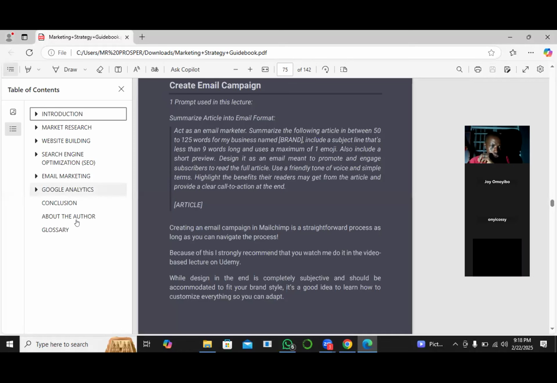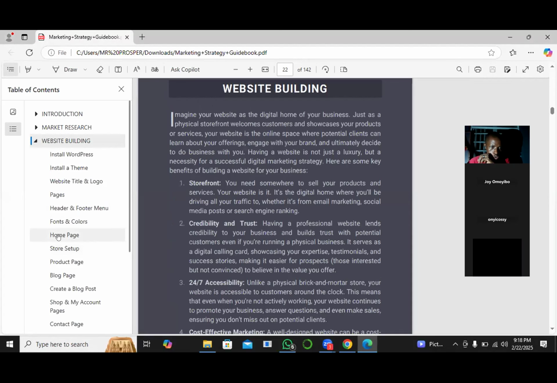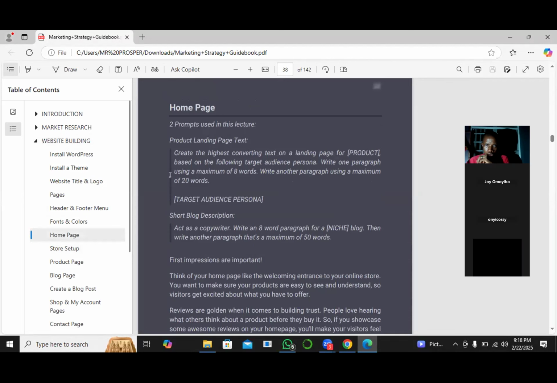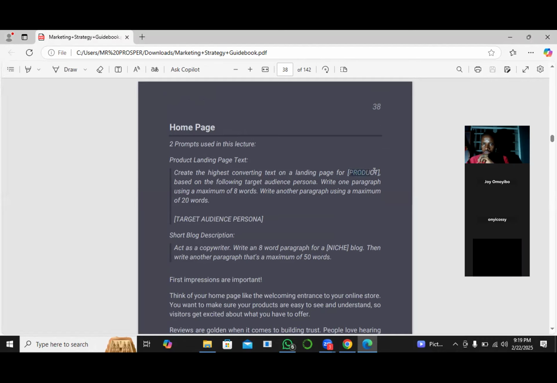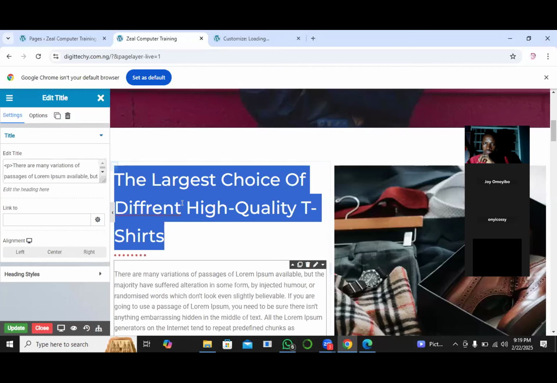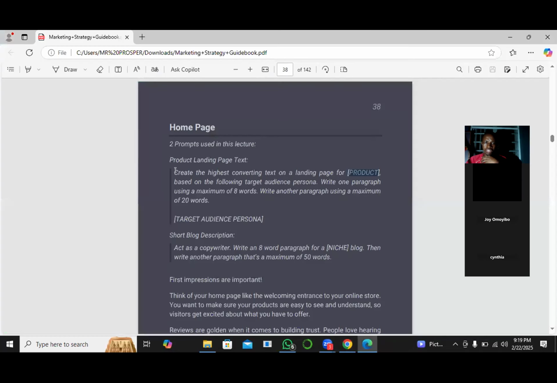So let me just go to where I have my web building, and then we are in home page. Okay, so I will consult ChatGPT, create the highest converting text on a landing page for a product. So all I need to tell ChatGPT is to mention the product. Now, what you are seeing over there is due to the product this person is dealing with. That is why you have this tagline. But for me to have the one that will correspond with my service is the reason why we are going to take this, and then we will now